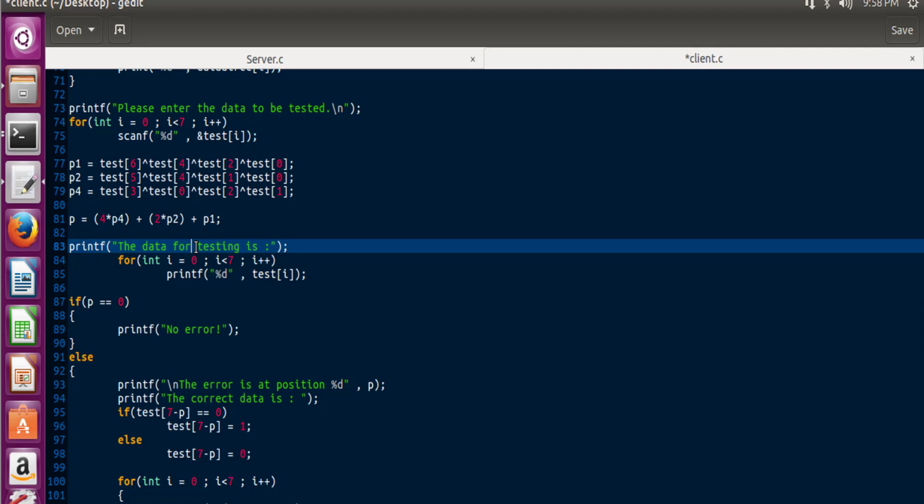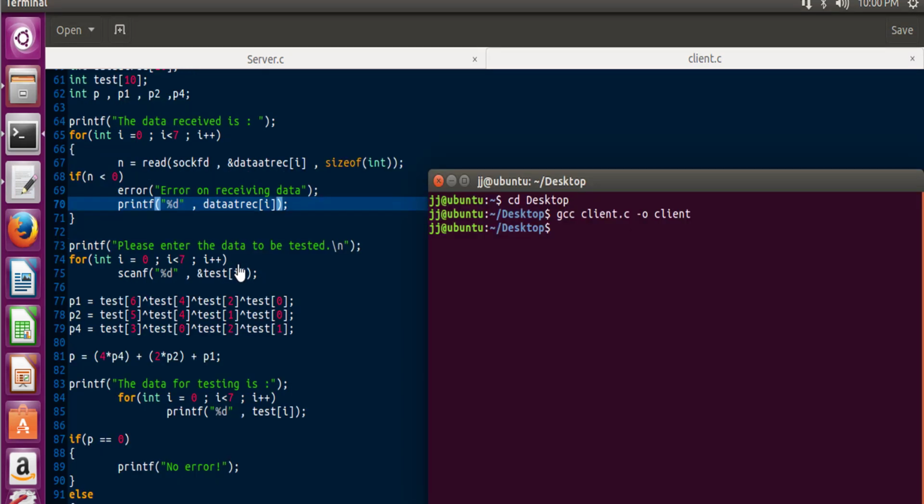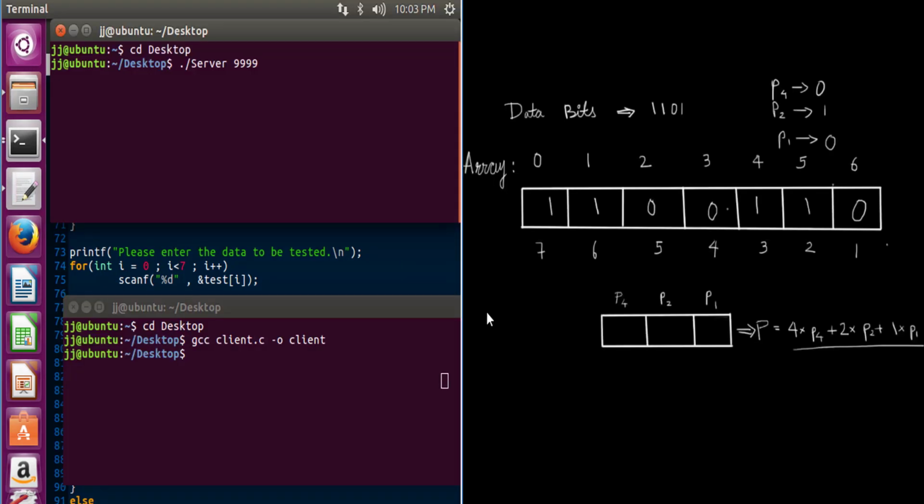So now let's save this and again check for compilation. Okay, we have compiled it again and there are no errors this time. So let's run our program. But before that, let's find out what our output should be by working out our example. So let's take our example as data bits 1101. I've already found the parity bits for you. So P4 would be 0, P2 would be 1, and P1 would be 0. So the data which would be encoded and received at the client side would be